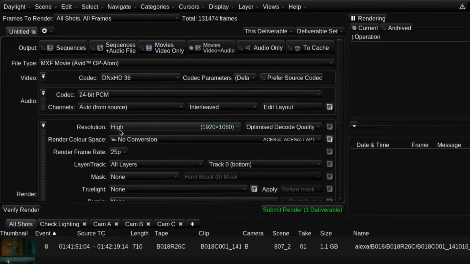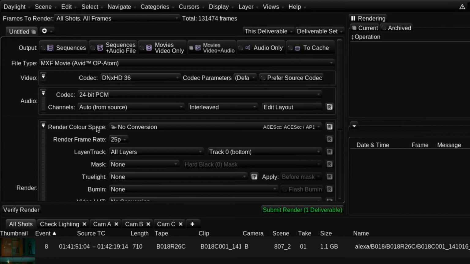The next option is the proxy resolution. This is only really relevant when rendering smaller proxy versions of very large sequence files. For example, you may have a 4K VFX pipeline, but only want to render 2K DPX files to act as proxies during the initial stages of the workflow. I'll leave this option set to its default and hide it.